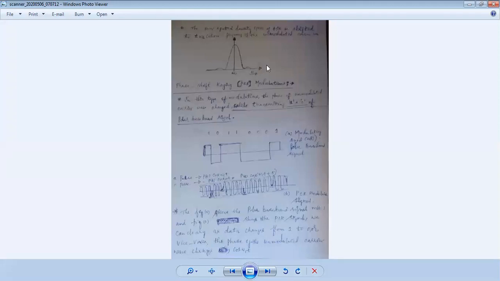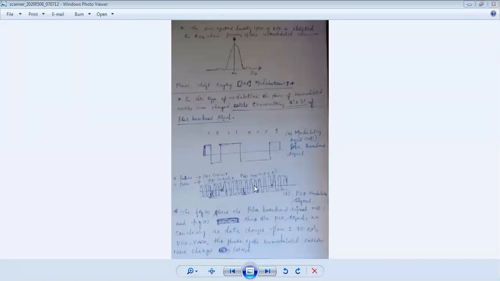Power spectral density will give the energy of the signals, like this. The energy of the signals is given like this, so it depends upon the amplitude of the signals. The binary signal will be shifted by plus or minus omega c. So whatever the information of our signal, it will be exactly in this manner. In the phase shift key, the second kind of modulation technique, this is the information here.